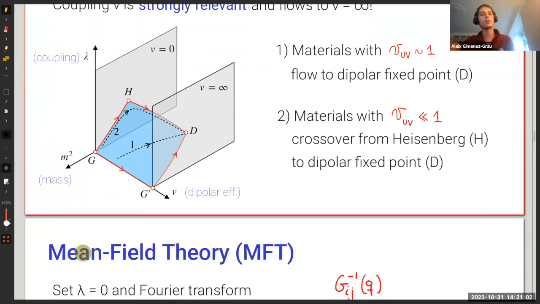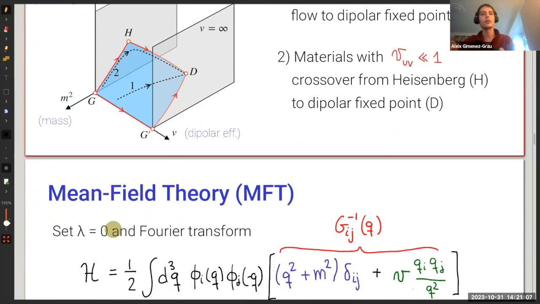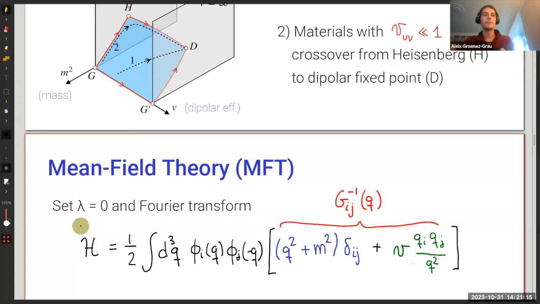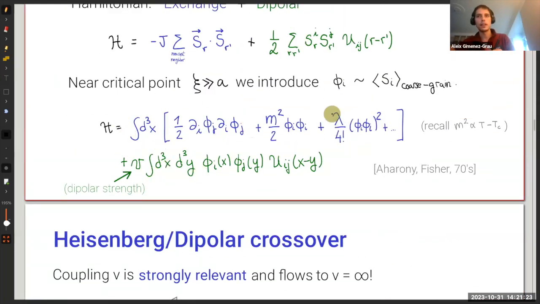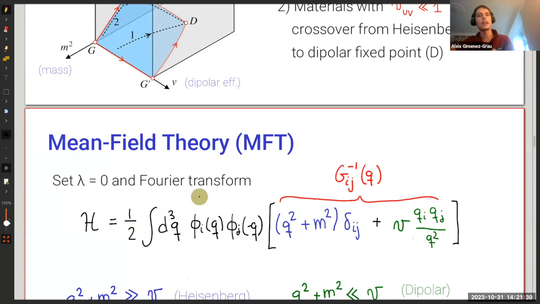To do it, I'm going to focus on mean field theory. That's just to simplify the discussion, but everything carries over to the interacting theory. Mean field theory basically means that I just turn off interactions, and it's convenient to take a Fourier transform. If you remember, that was our Hamiltonian. I get rid of this term here, so I turn off interactions. Then this thing is quadratic in the fields, phi squared and phi squared, so you can just Fourier transform. That's what I'm showing here.